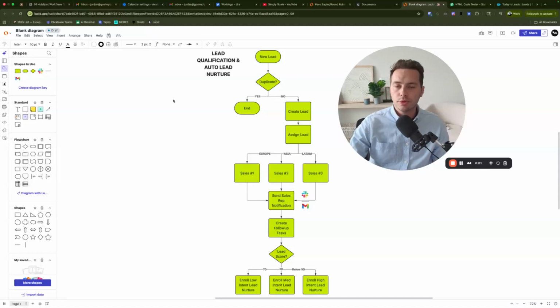Okay, in this video, I'm going to go through two things. We're going to go through this flow chart here. This is the system of how you would have lead qualification and auto lead nurturing for your business. So I'm going to explain how this works. Then we're going to go through a demo of how it actually functions inside of Salesforce so you can see